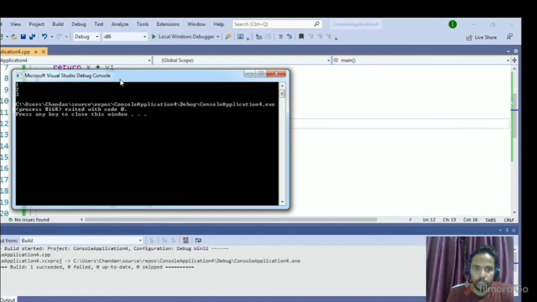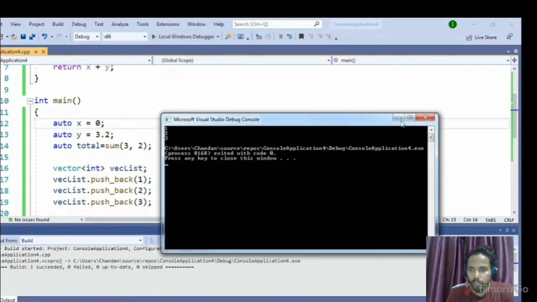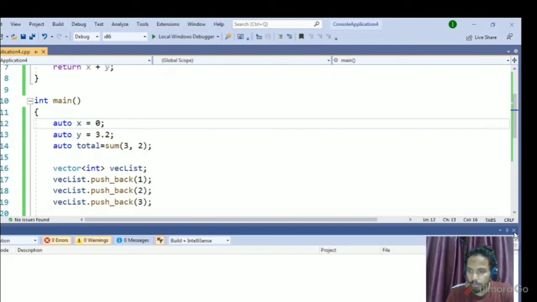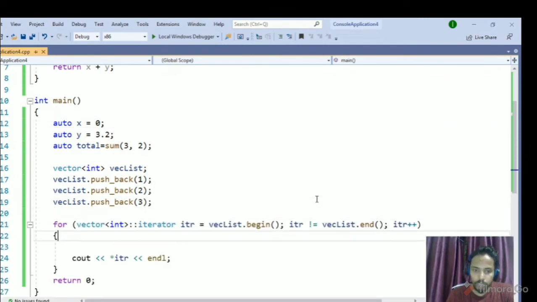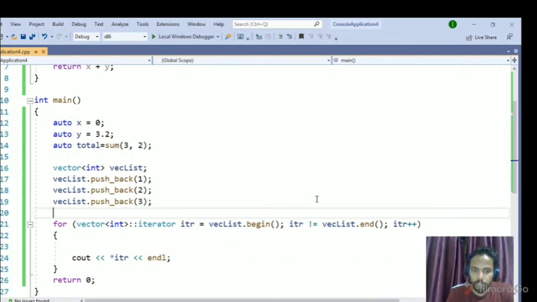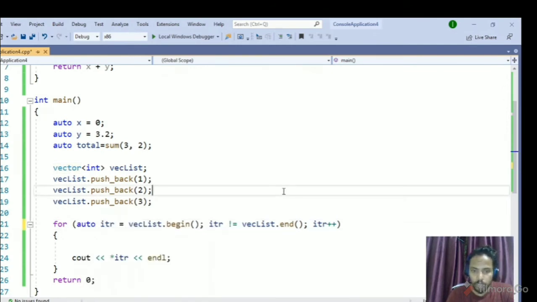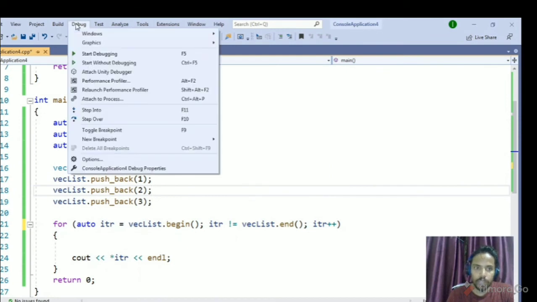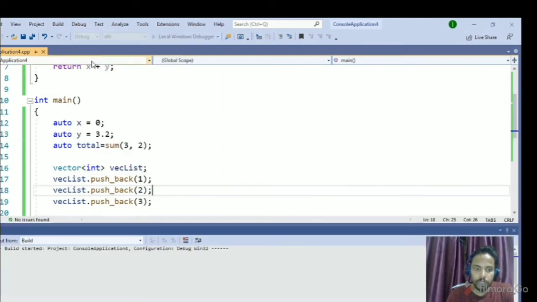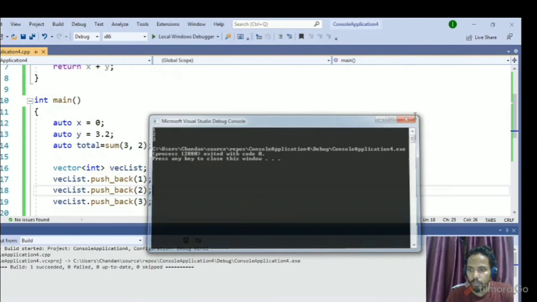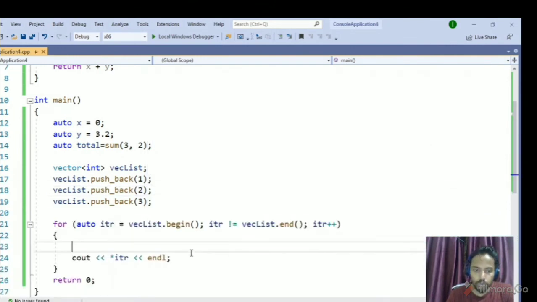So if you see, we have 1, 2 and 3, but you can identify that the code looks too weird. So we have to use vector iterator, we have to remember so much. Instead of this, I can simply use auto here. Okay, so if I use auto here, then I will compile it and we will see that we got the desired output. So it's easier to use auto instead of that much iterator syntax.